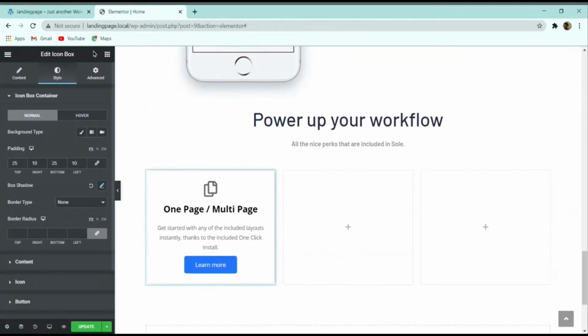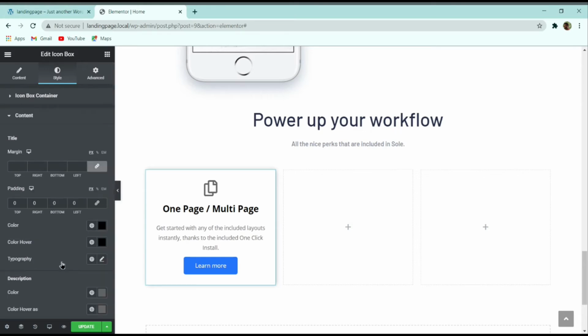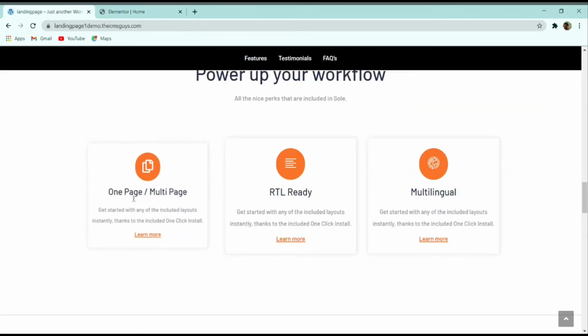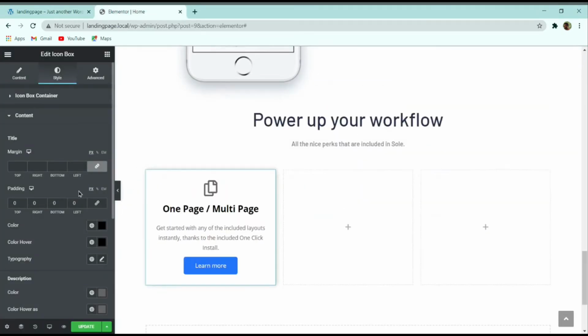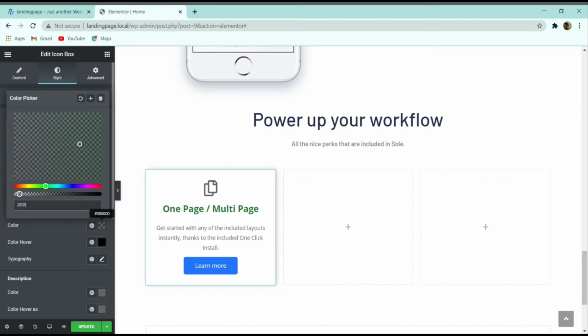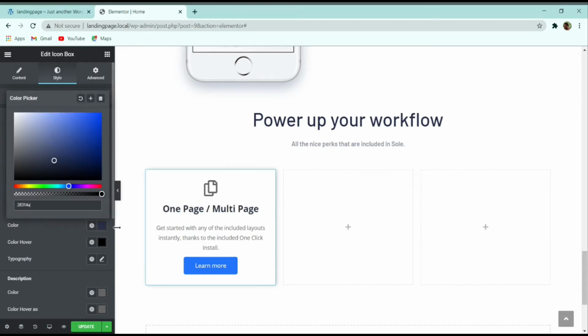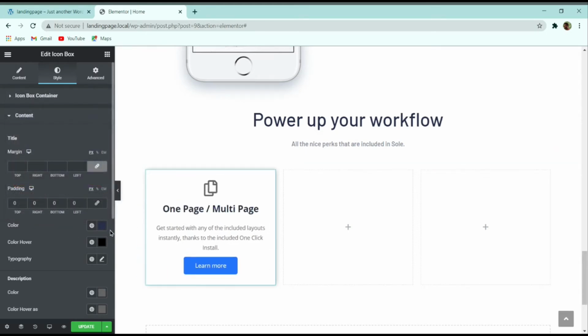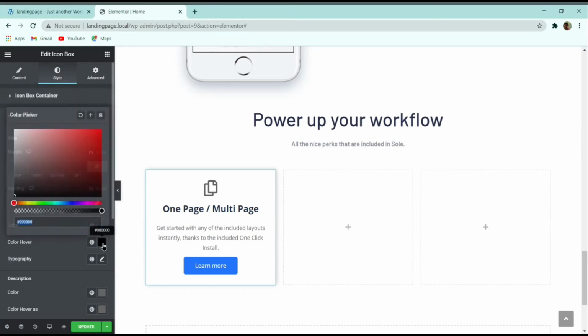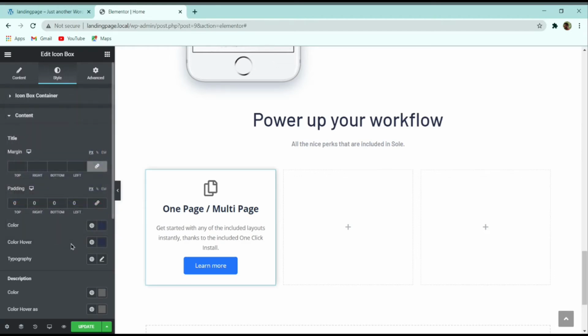So now here you can see that we have to move to the content part, and we have to change this content. So basically first of all here you can see that the text color. So first let's change the title color. So here you can see that the title color which I have used is 28314A. And similarly for the color hover I have to make the same color. So here what I have done, I have copied it and pasted it again.